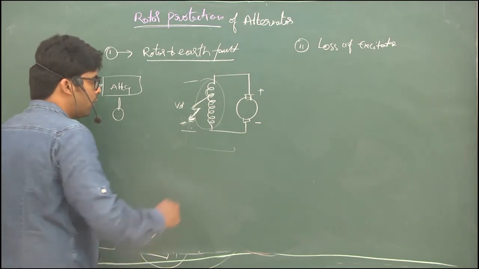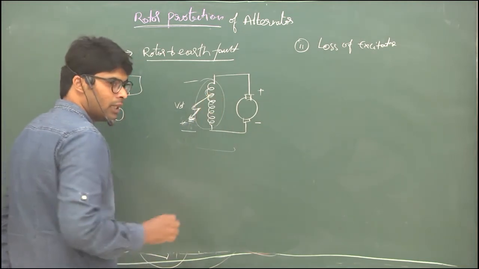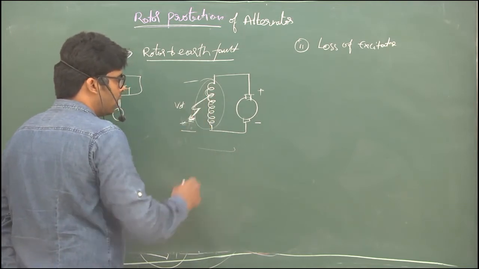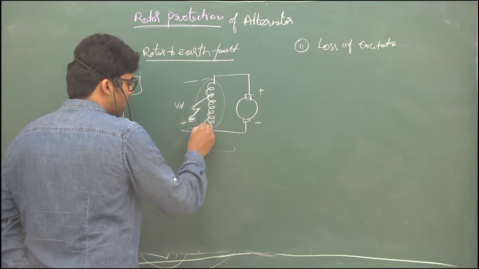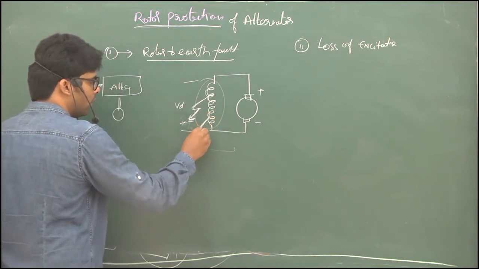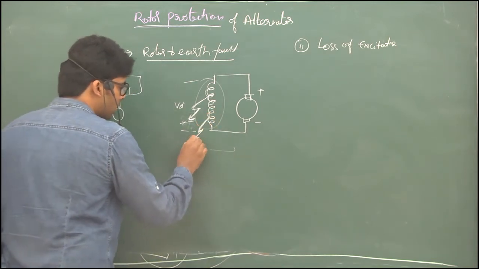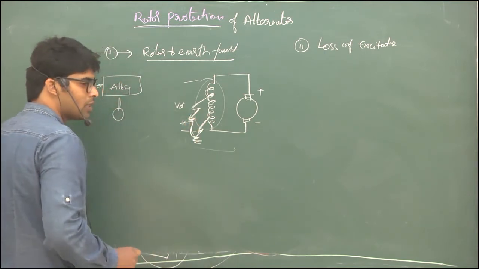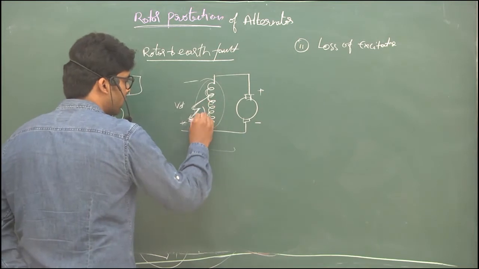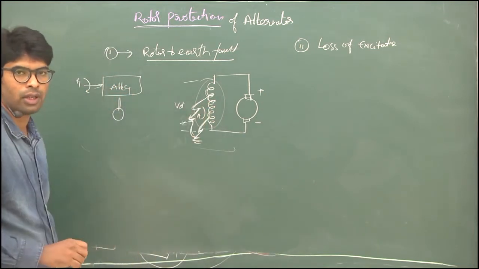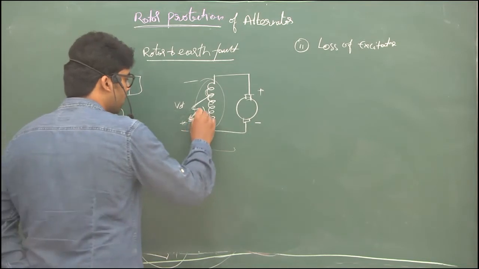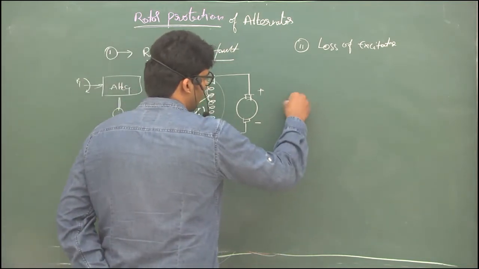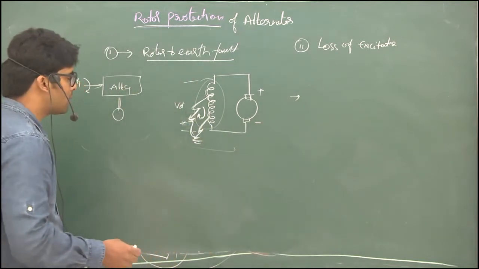Okay, if the ground fault persists and increases, there will be a stress in the field, and then there may be a chance of getting another fault in the field. If this is grounded again, this will be shorted. If this gets shorted, there will be a circulating current in the field of the rotor. If there is a circulating current in the field of the rotor, then ultimately damage will take place. So what is the damage?